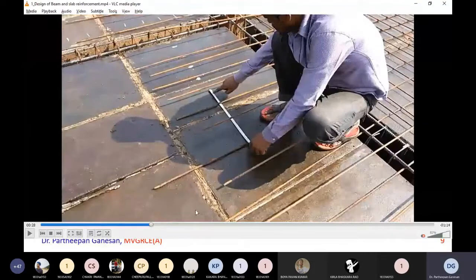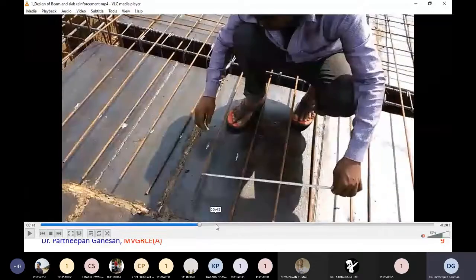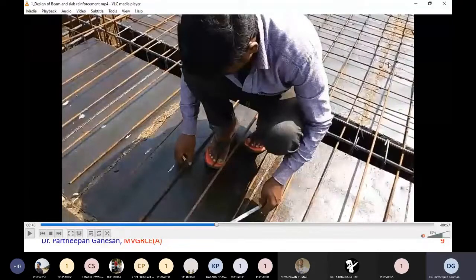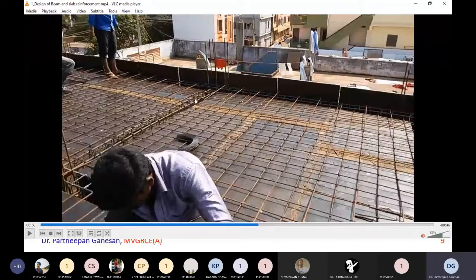So this is the slab reinforcement they are installing now. They are marking it. This slab reinforcement is already provided. These are the beam reinforcement. Here, this is a beam, and at this edge you can see the beam. This is the column reinforcement. Here again it is a beam. This is the edge, the boundary, so this is the end beam. This is the intermediate beam. On the right there is slab, and on the left side of the beam there is slab here. So this is the beam, and these are all slab.